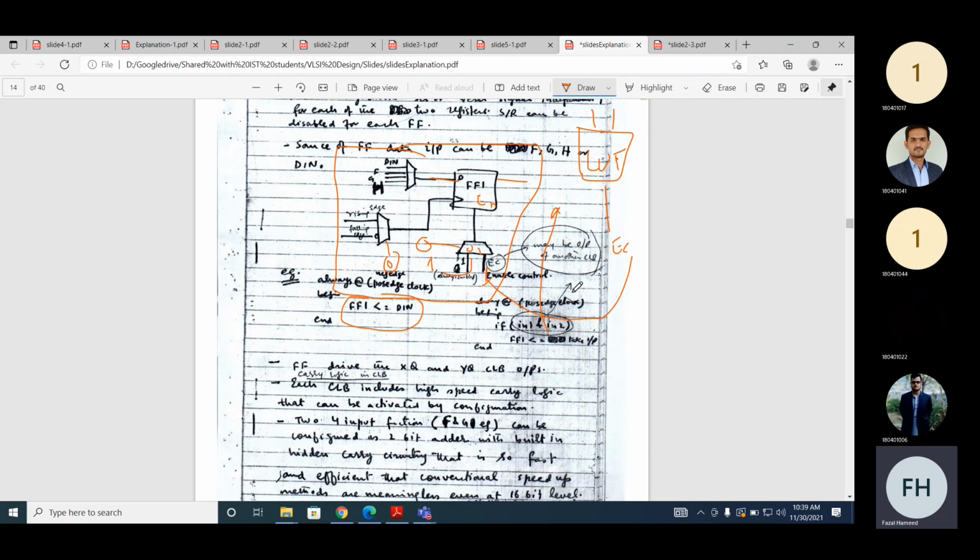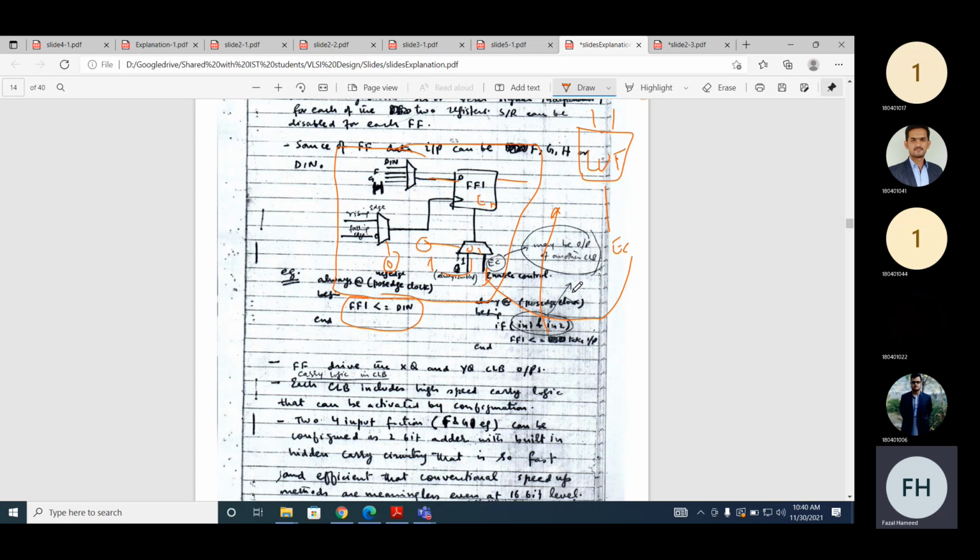LUT means lookup table, and actually in the Xilinx architecture we have 4-input lookup tables and 3-input lookup tables. So you can use any of these lookup tables to implement this enable control. So there are a lot of possibilities. Maybe in the exam I will give you a function. I will give you the slides, that is the complete architecture. You don't need to remember it. Based on this code, implement this function on this slide.